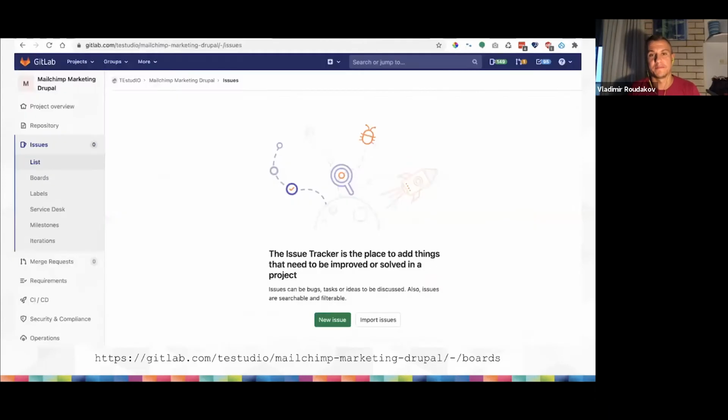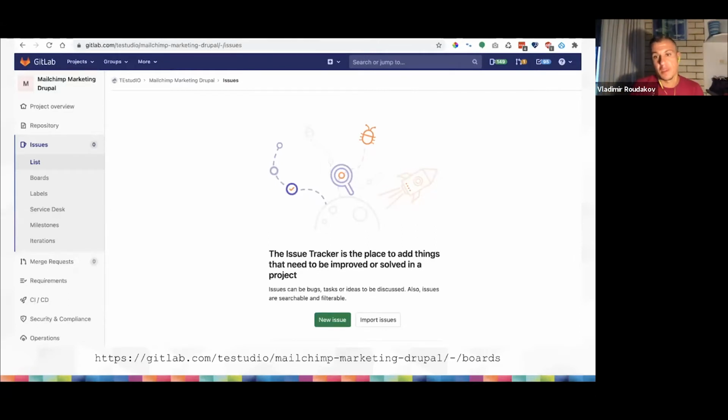So let's start with plan, right? So if you created a brand new repo, there is a section called issues. So you can actually see that you have a list of issues, which I clicked on, and it's empty. You have boards. So if you're a software developer or running a software project, you deal with tools that give you boards to manage the project, with tasks in them. You can have labels. There is a service desk option, which is quite interesting. So you can actually run a service desk from here if you have a lot of clients, milestones, and iterations. So if you're running agile projects, you can set up milestones and sprints in here,